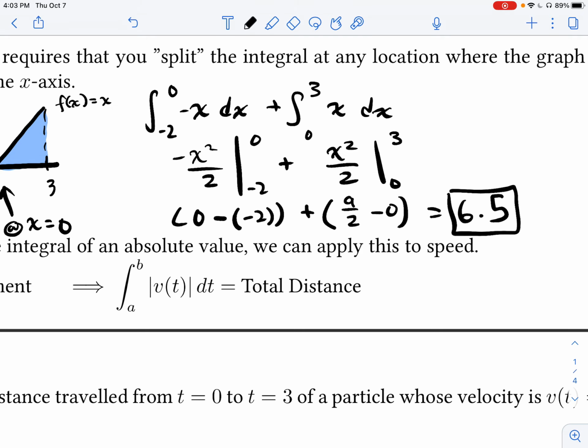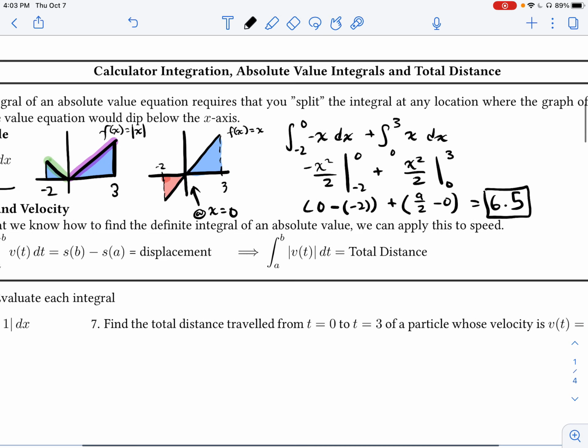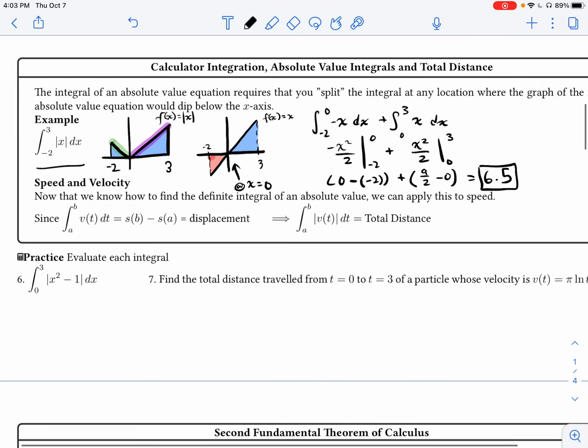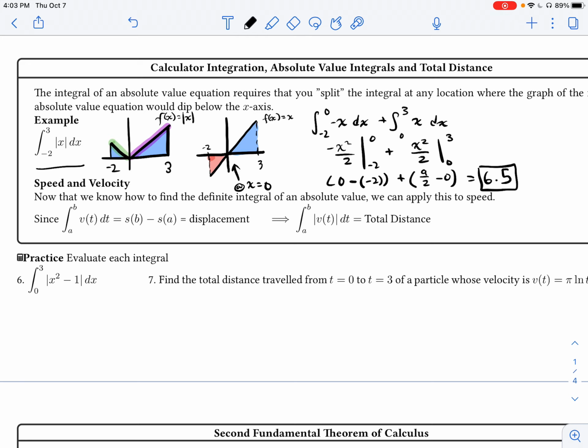So that represents the area underneath this absolute value function. The way we would have to do it is to split this up here. Now that we understand that, this actually has some applications. When we are working with functions, now that we understand the absolute value is going to give us the total area irrespective of sign, we can now just find the integral of the absolute value of the function to find total distance. When I actually care about the net change in distance or your displacement, I would just evaluate that